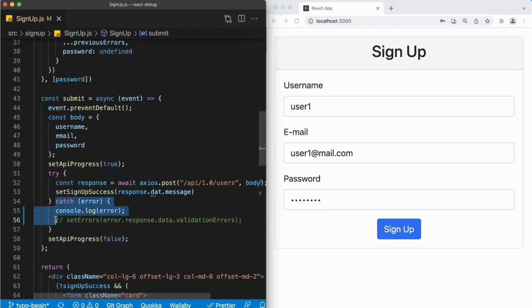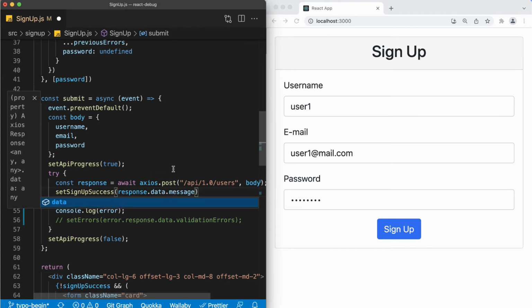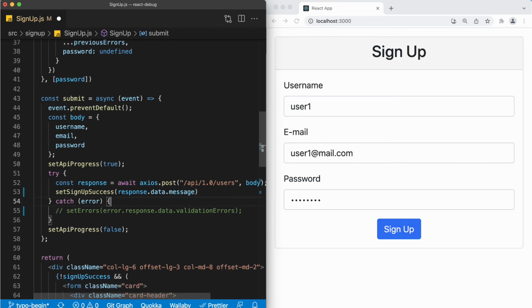That error is handled within this catch, and in this catch we had another error because this was looking for a different type of error object, which was looking for a response, and it has data and so on. So this was hiding the actual error we are looking for. The fix is we need to update this one. So we are going to set the sign up success with the message we are receiving from backend, and then we can just uncomment this part. Let's try this,